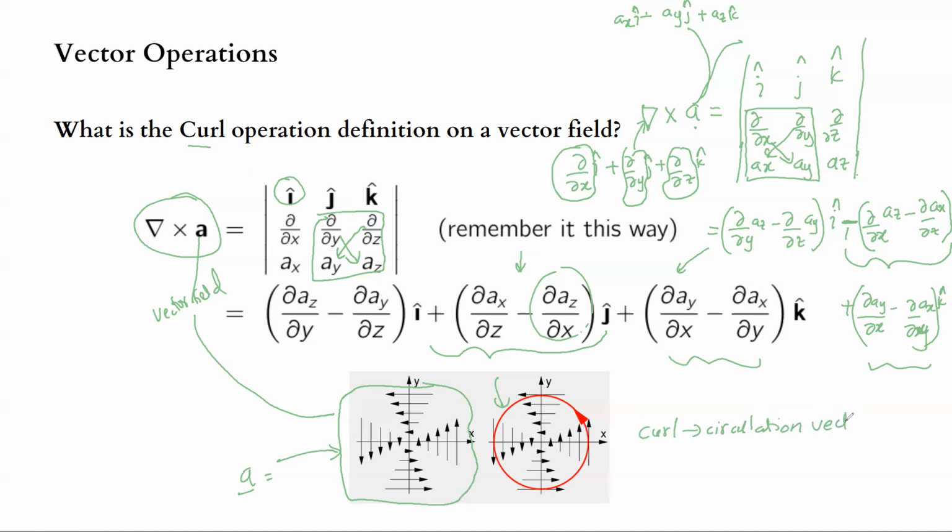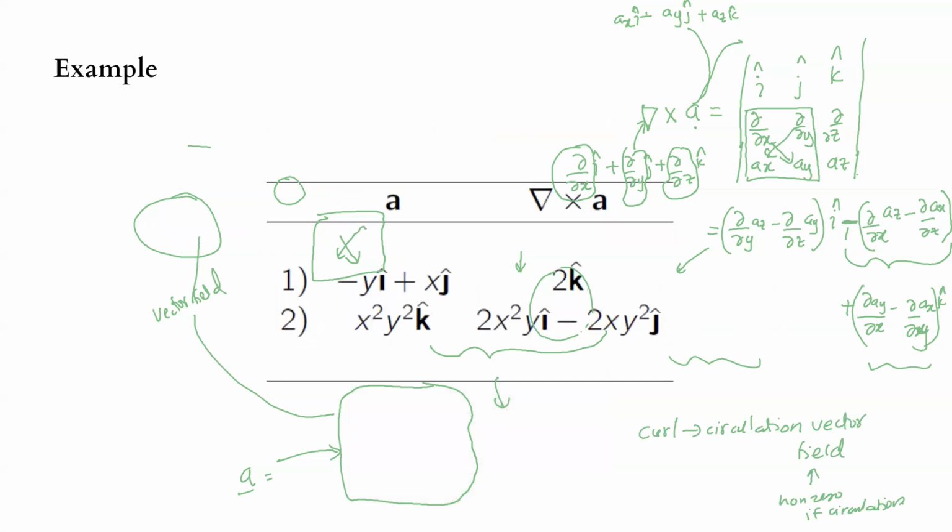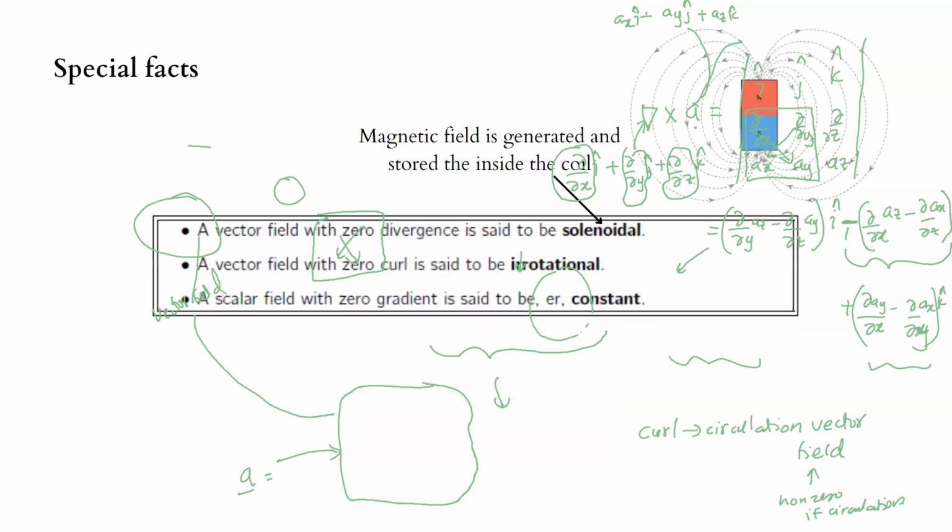So curl gives us the circulation of a vector field. If there are some circulations in the vector field, the value of curl will be non-zero, right? So if there's some circulation, the value will be non-zero. So that is used for us to find circulations in our fields, right? If there are some circulations, then we can find them using the curl function,